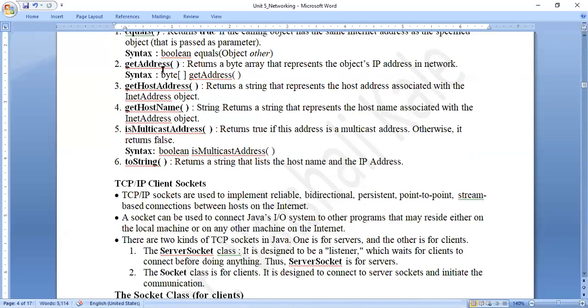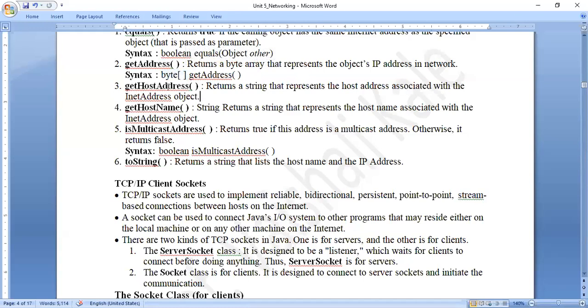So whenever we use an object and call getAddress, it is going to return all the associated addresses related to that particular object. It returns an array, because it may be associated with multiple addresses. If it is associated with a single address, we get a single address. If it is associated with multiple addresses, it will give us multiple IP addresses.